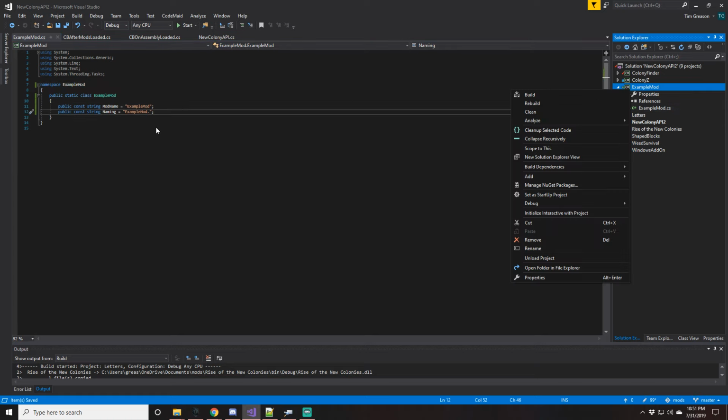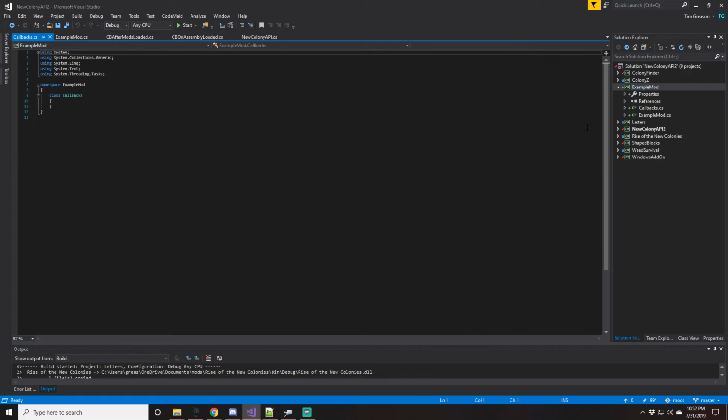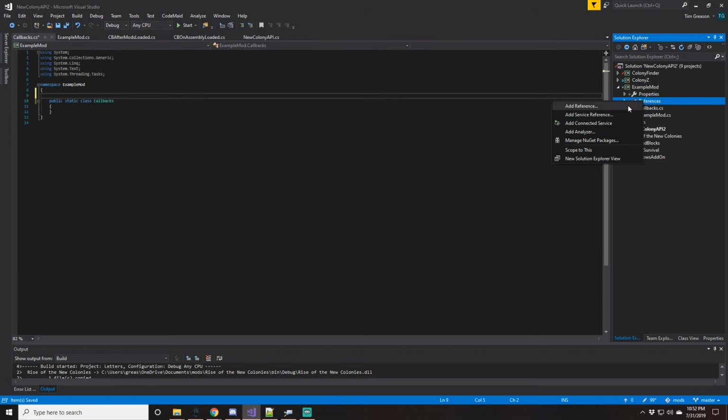Alright. So what we need now is a new class in this. We are going to call this Callbacks, because there's actually only going to be 2 main callbacks that are used in this. And we also need